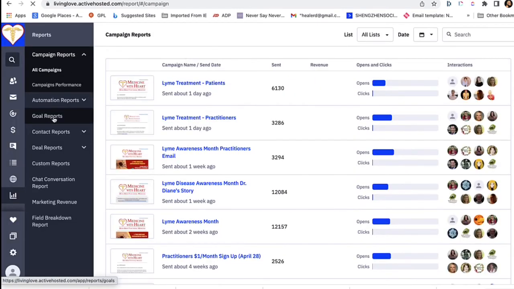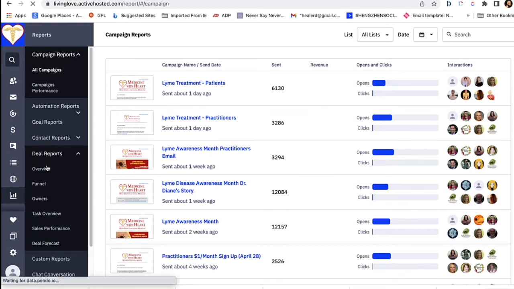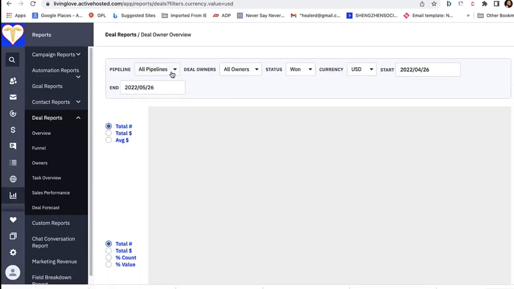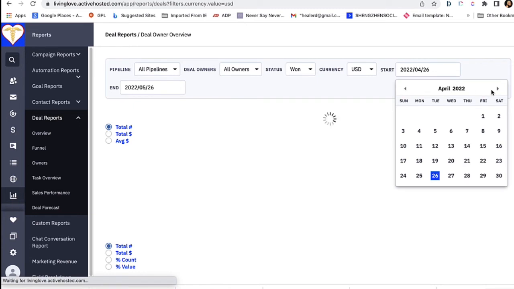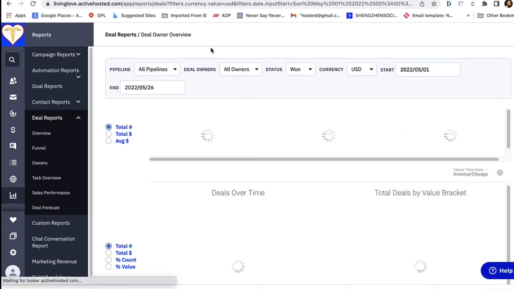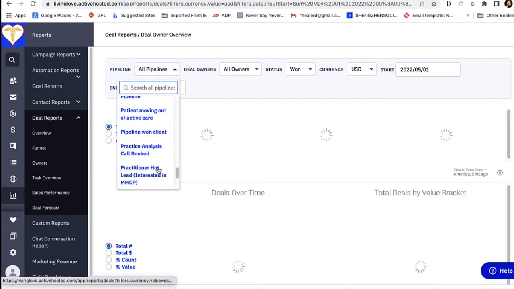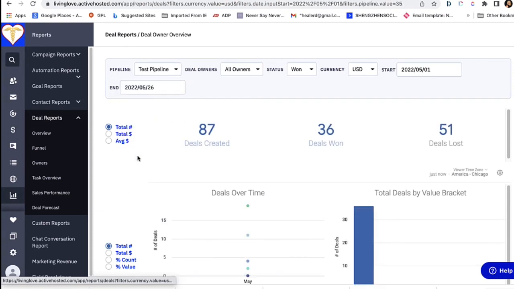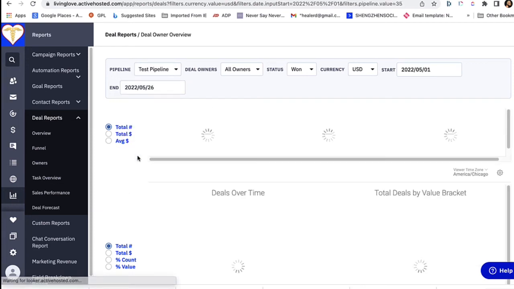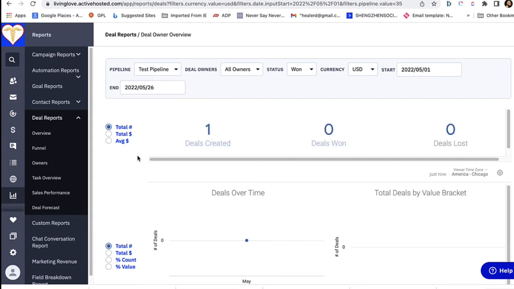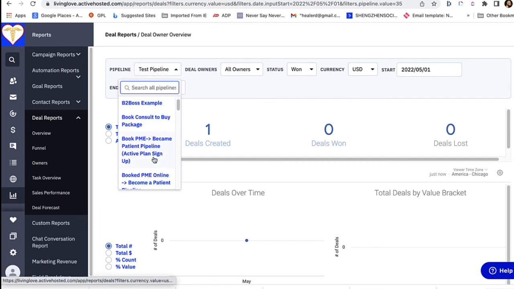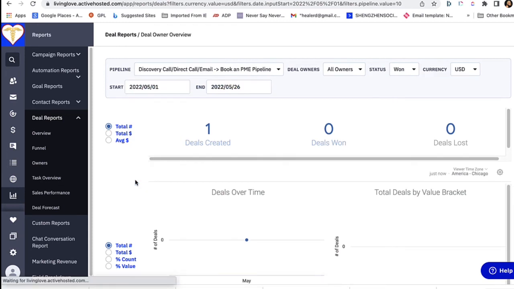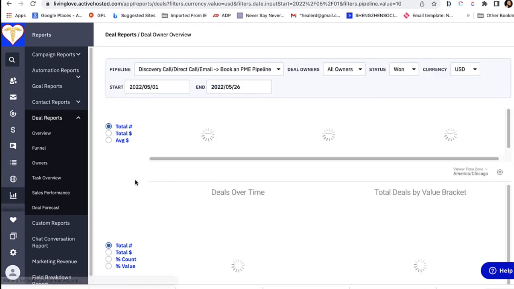When you go to reports, you can go to deal reports, then overview, and then you can select, say, a particular month. Then you can say, okay, within this particular month, we're looking at our test pipeline. So you can see how many people won and how many people lost. You can see that 1 was created, none were won, none were lost because we didn't actually mark it as won or lost. If I go to a different pipeline here, I will have different numbers,